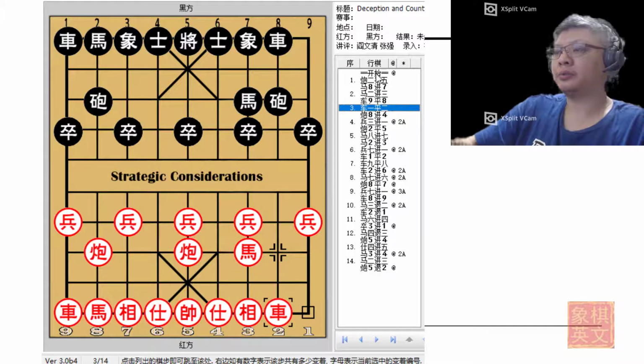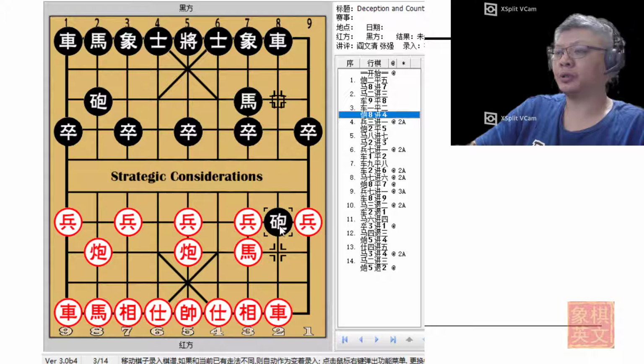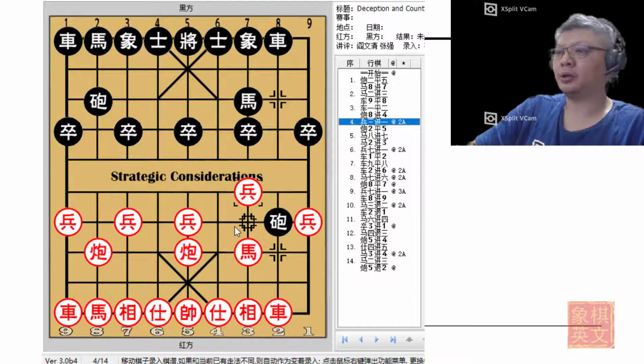okay, all these moves are considered to be standard moves. In this variation, Black would choose to go for the left cannon blockade, trying to attack the central pawn and perhaps gain some material. Now it is considered to be mandatory to move this pawn so that the horse will be able to